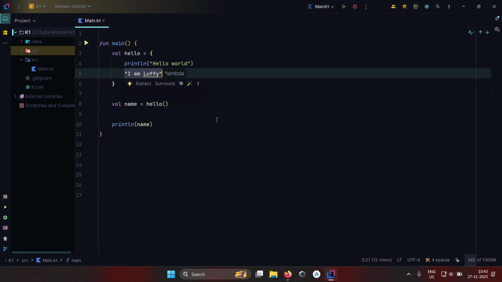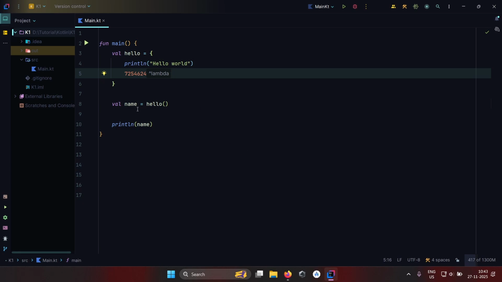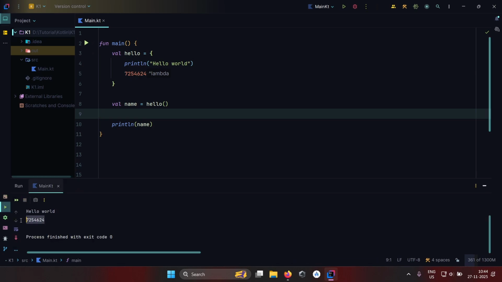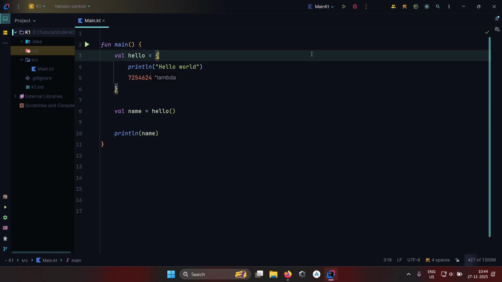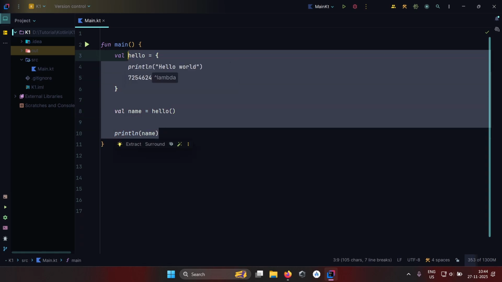Now if we type a number like this, if we see here now, it inferred the type as int. So whatever is returned here will be stored here. If I print name, then this number will be printed here. Now we can also give parameters here. Suppose we want to multiply two numbers, val mult,